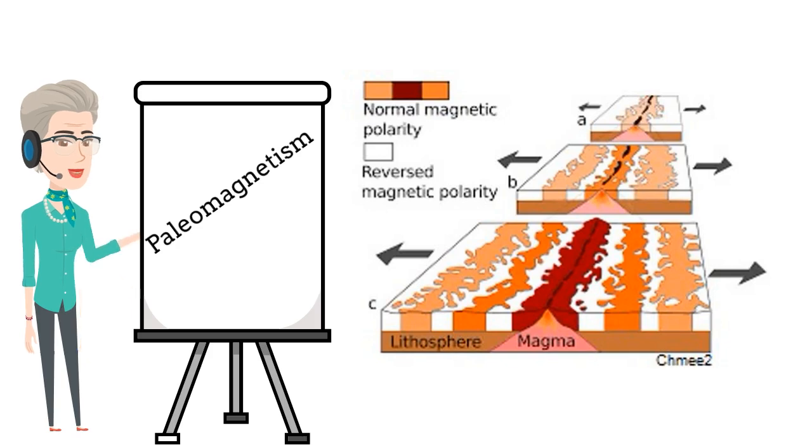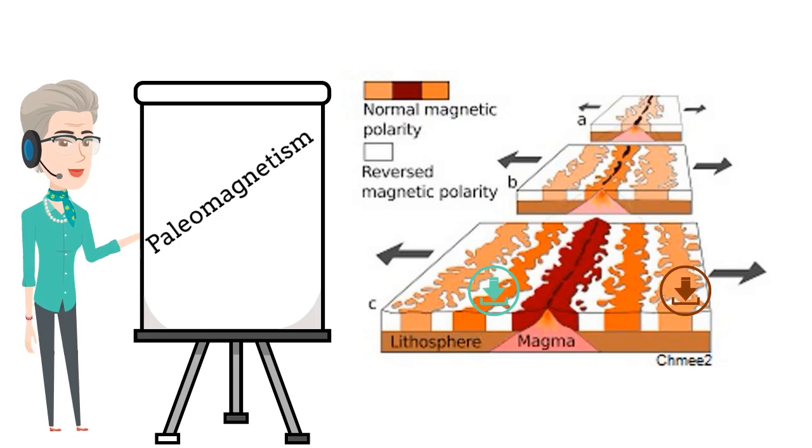Paleomagnetism is a dating technique that uses Earth's magnetic field to determine the age of rocks and fossils. Over time, the Earth's magnetic field changes, and certain minerals, like magnetite, align themselves with the current magnetic field. By studying the magnetic properties of rocks, scientists can determine the age of the sample and its position in the